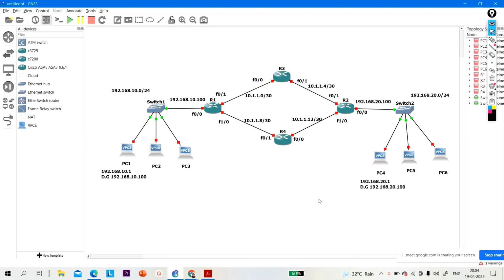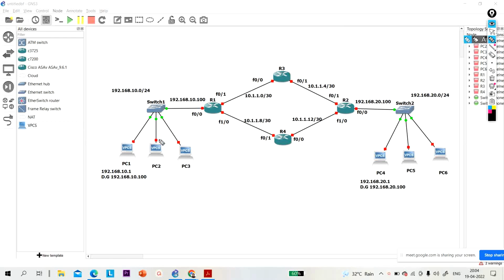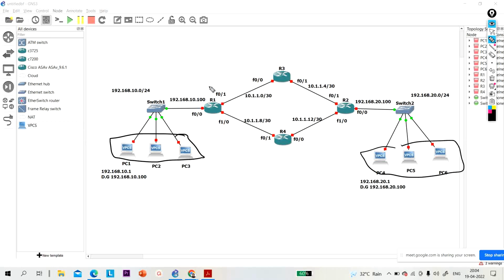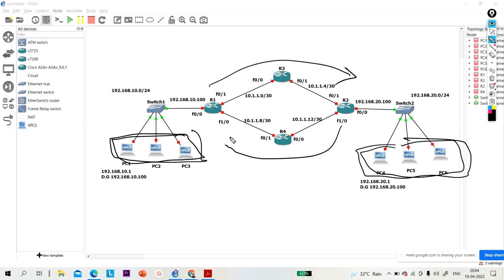Here we need to configure static routing so that when these users send any traffic to this network, the traffic must go via R3, and when these users send any data to this network, the traffic must go via this link via R4. So whenever this machine pings this machine, R4,